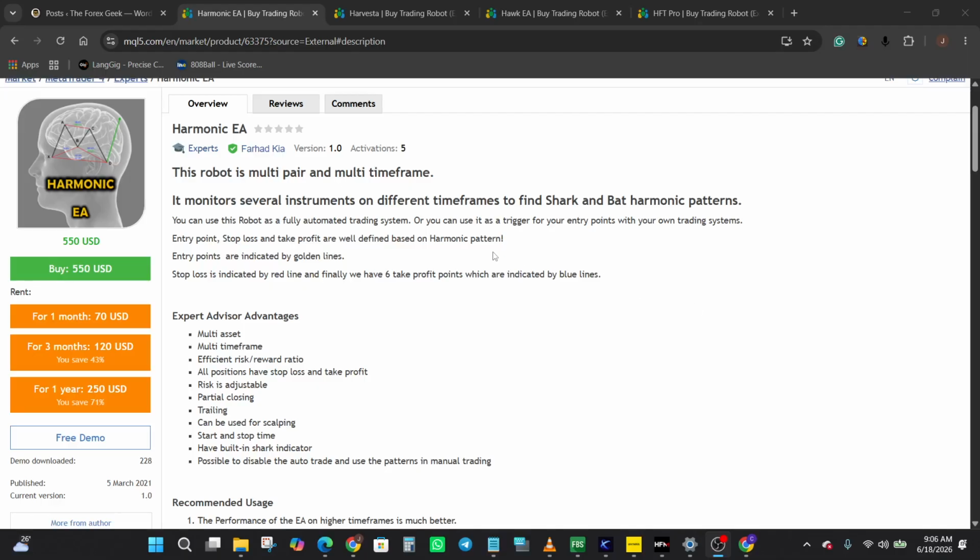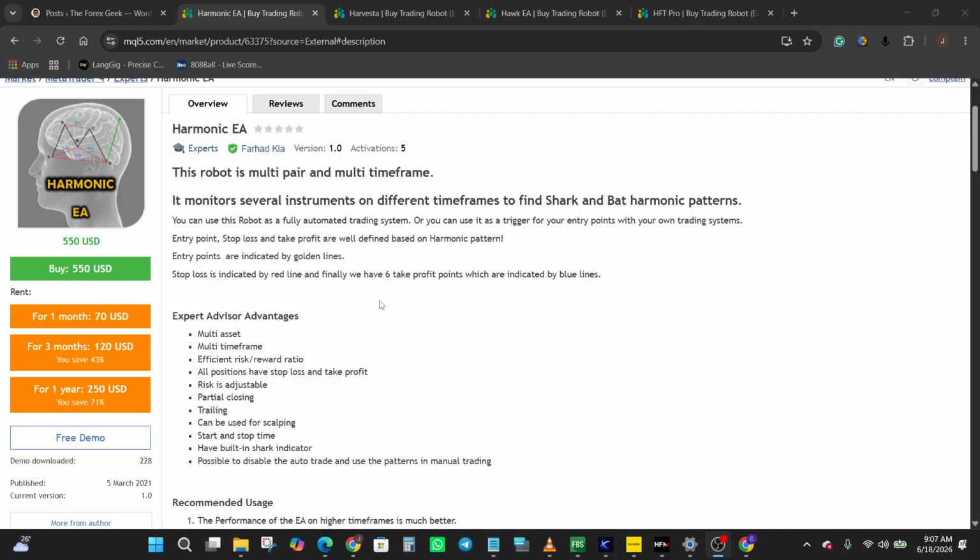So starting with the marketplace listing, Harmonic EA is currently available for 550 US dollars, with rental options also available for traders who prefer to test it before committing to a full purchase. 1 month rental is 70 US dollars, 3 months going for 120 US dollars, and a year going for 250 US dollars. All right. The developer describes this as a multi-pair and multi-time frame expert advisor that continuously monitors multiple